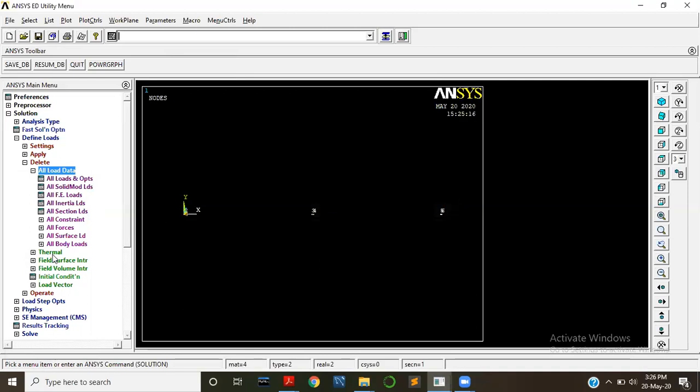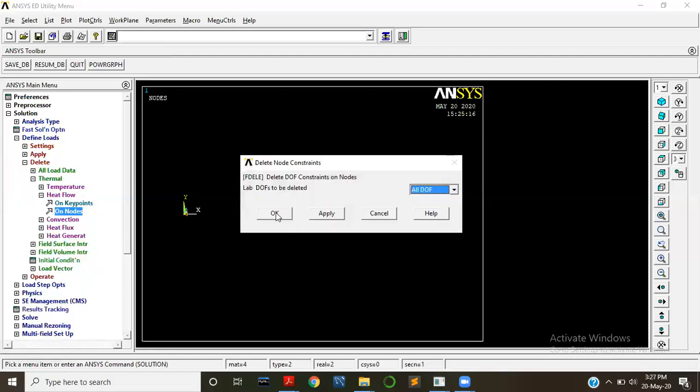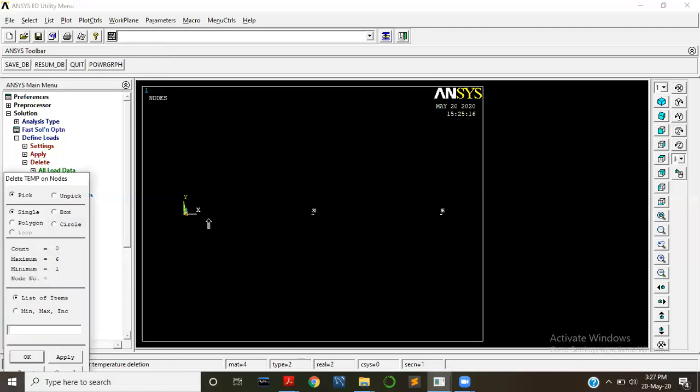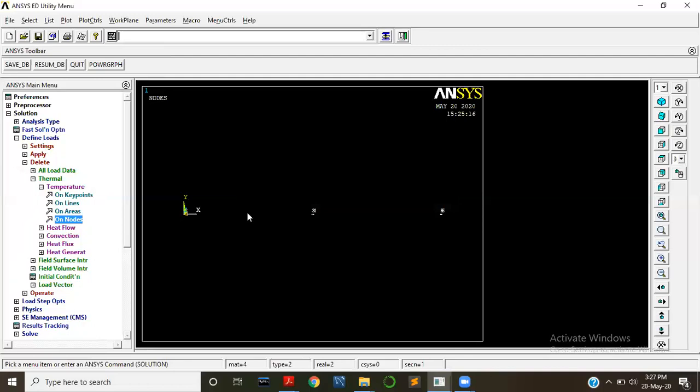All load data, thermal, temperature on nodes or heat flow on nodes. Just delete this. For here, this temperature also on nodes. Select OK and here temperature. Okay. We have deleted.